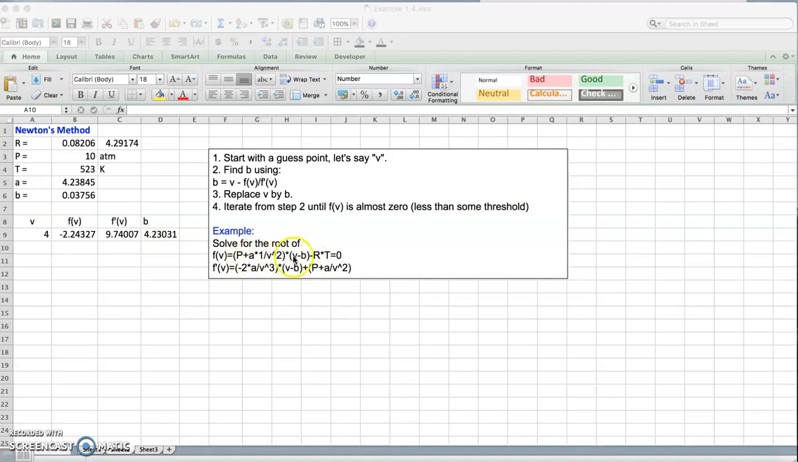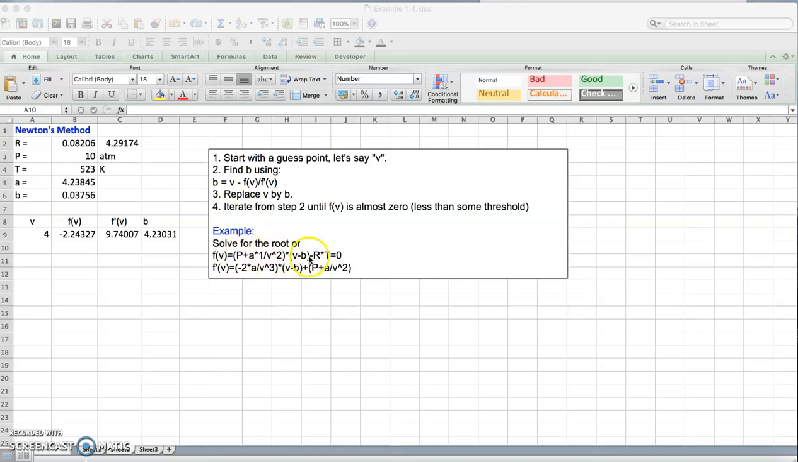By the way, this A and this B is different from this B. So hopefully this is not confusing. This B is a constant for the van der Waals equation. This B is the variable we just introduced. So anyways,